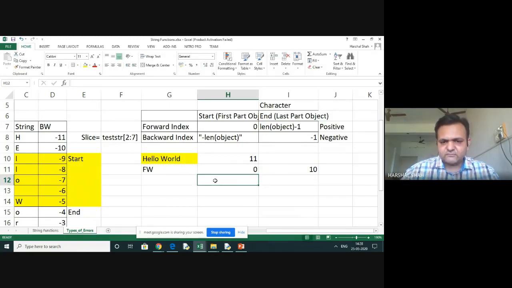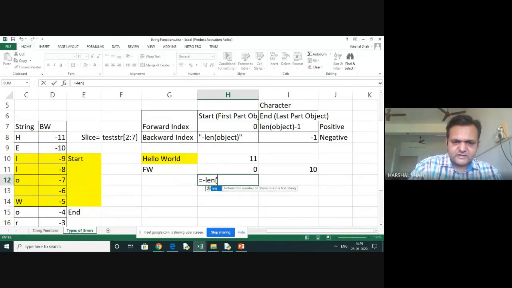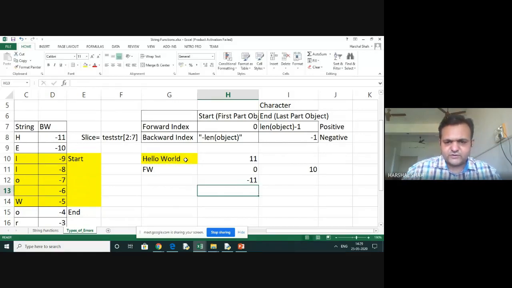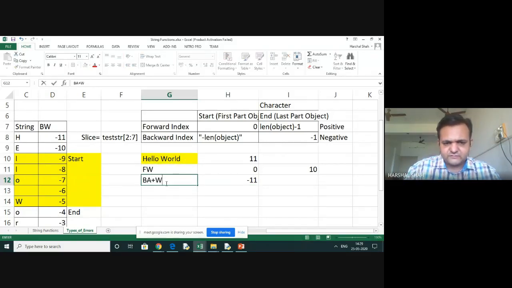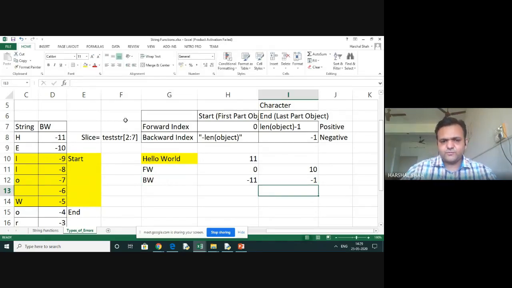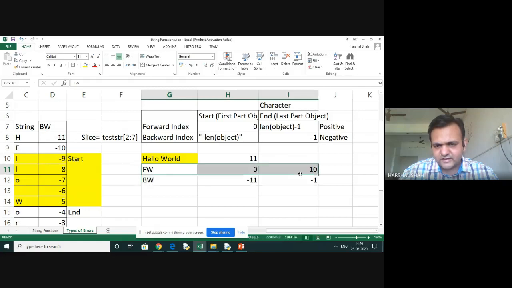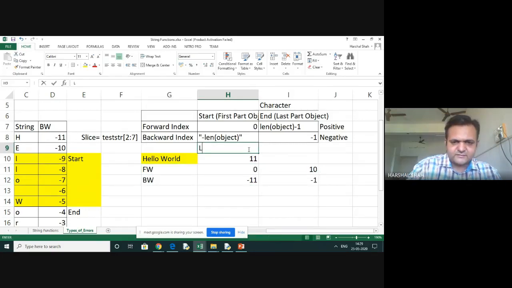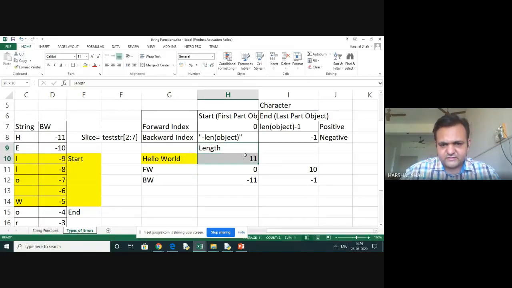And here what we do, we will have a negation of this. So we will say length of object and put it here. So it becomes our backward and ends at -1. So hope you understand. For this hello world, the example is this is length. Okay, this is length, and these lengths are being saved and written as a red.